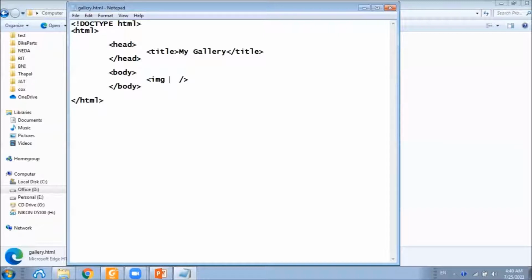In order to specify the image file that we want to show in this image element, we have to use the src attribute, and inside the value we have to specify the relative or absolute path of the file.